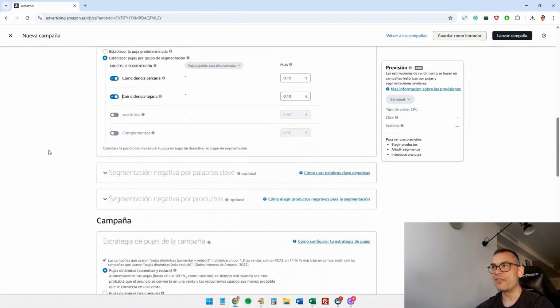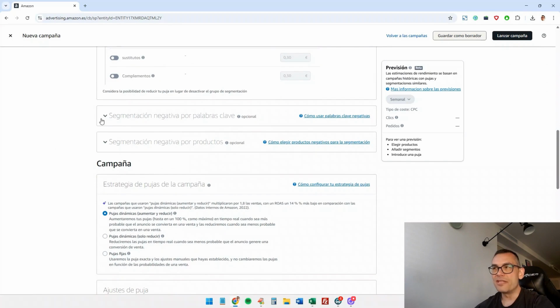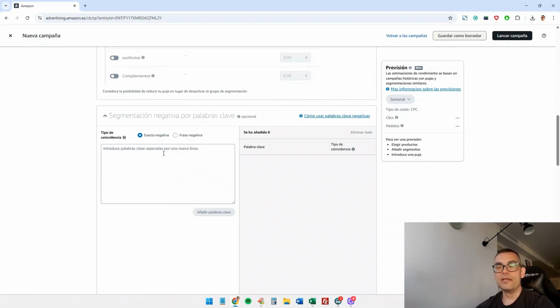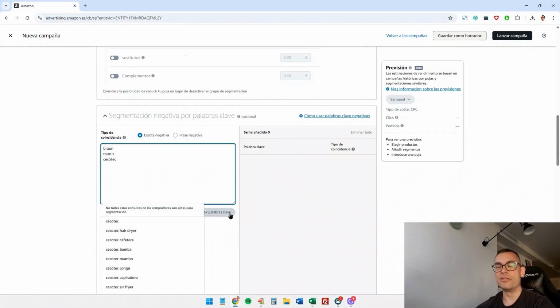It's not the same to add 10 SKUs as it is to add 1,000 SKUs. Start with a low daily budget, around 10 to 15 euros a day, and with low bids, 35 euro cents or less, depending on your average cost per click. If your average cost per click is 15 cents, then set it at 15 cents or less.